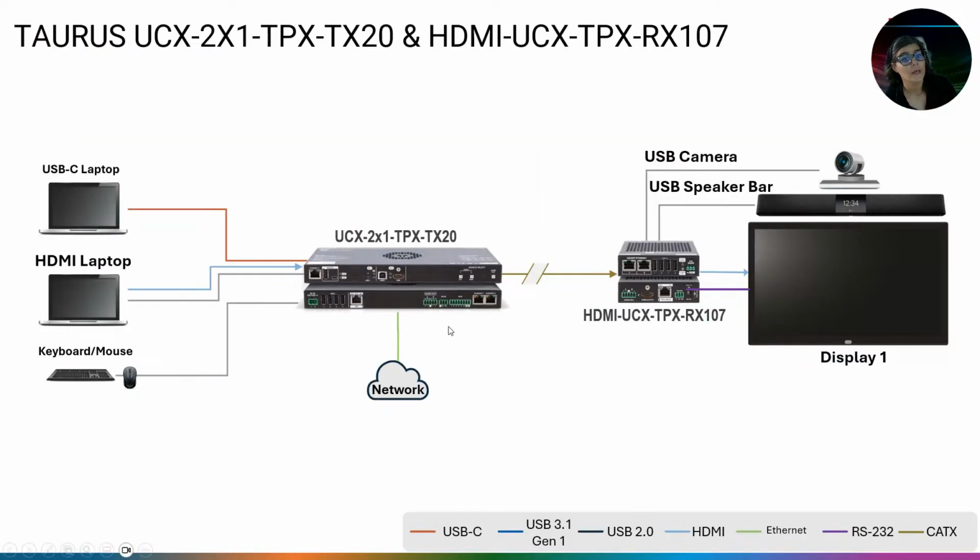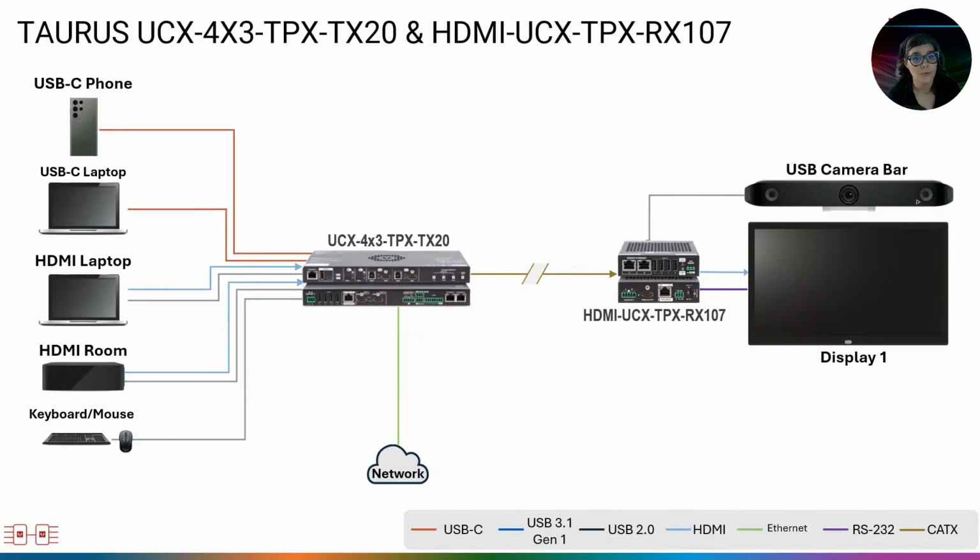Here's an example of using a 2x1 with that TPX ROX 107. So this is a very simple solution here. We've got on the table end a laptop, an HDMI laptop, and a keyboard and a mouse going into that TPX, coming out over here to the receiver. And then on that receiver, we've got a camera, a speaker bar, and a display. So you can see here that's very simple, but let's go ahead and say that maybe that's not quite